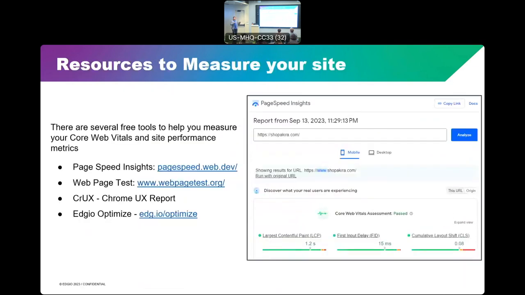Here are a few resources for you. We talked about performance. These are some free tools that you can use: PageSpeed Insights, WebPageTest, and the Chrome User Experience Report, which gives you your Core Web Vitals for the trailing 28 days for your site. These are all good tools. I recommend adding these into your process if they're not already, not only for your production site, but for release candidates. So you can even measure the performance of your release candidate before it launches with certain tools. And you can use that as a predictor to say, is this release candidate improving my performance or making it worse? And so before it's even live, you can be looking at that performance.